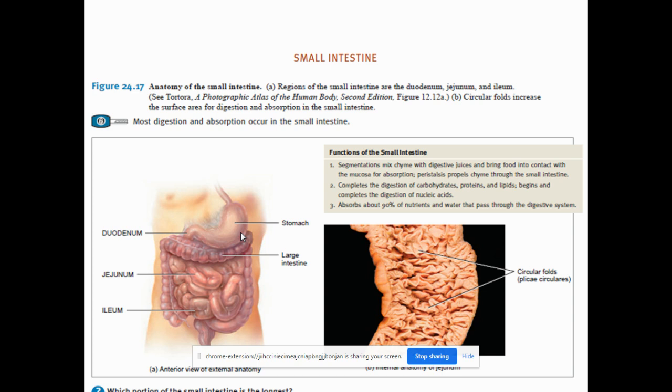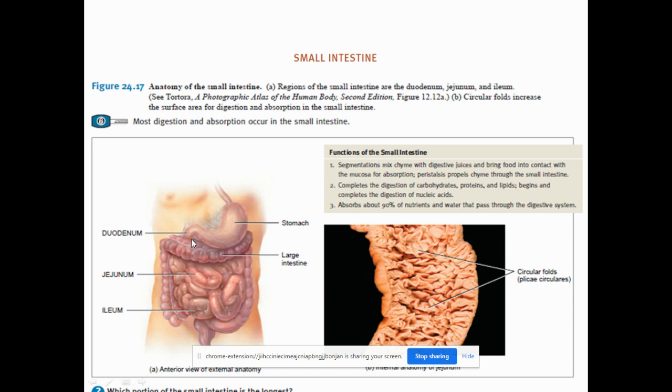Okay, now we will see all the regions one by one. So the first region is the duodenum. You can see it is a C-shaped or J-shaped structure. It is the shortest region of the small intestine when you compare it with the jejunum and the ileum. It is retroperitoneal. You can see it is on the other side. All the others are in the front, whereas you cannot see the duodenum because it is retroperitoneal, just like the kidney.